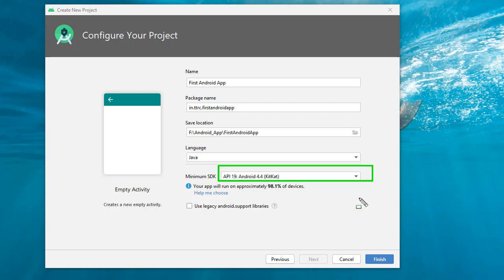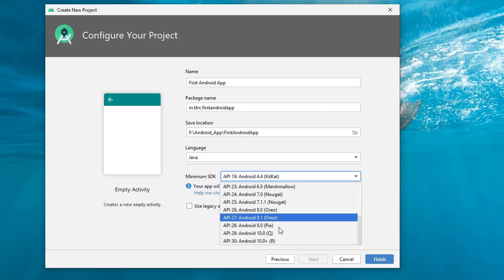If any mobile has a version below Android 4.4, then you cannot install this application on that mobile. As for the target audience, 98% of devices in the world now use Android 4.4 or more, so that is not an issue. Only 2% of mobiles have below Android 4.4, and those cannot install your application.